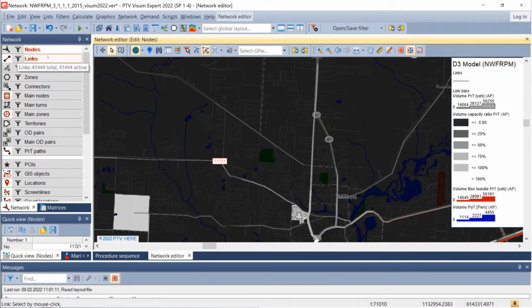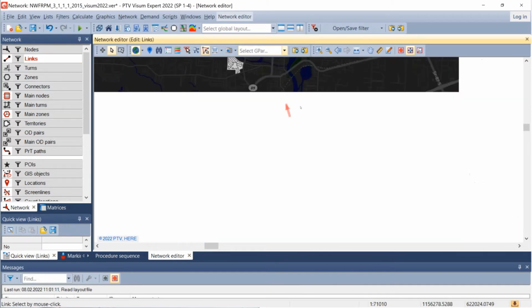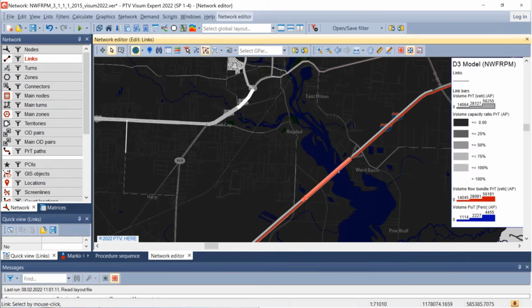Now, what we're going to do is we're going to turn on the links layer. So we're going to select the links layer so that we can edit some of the links. And so just find a link somewhere in your network editor, it doesn't matter where, really, and we're just going to double click on a particular link. What you'll notice is that each link has two directions associated with it. So depending on which side of the link you click on, it will display that direction of travel. So in this case, I can pick my eastbound or my westbound link. If I click, for example, down below, if I double click on this link,